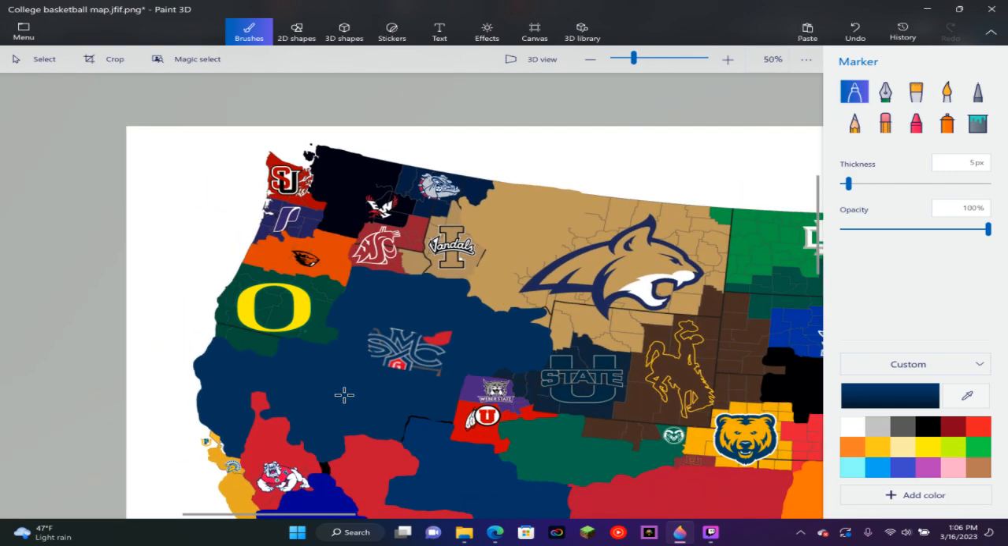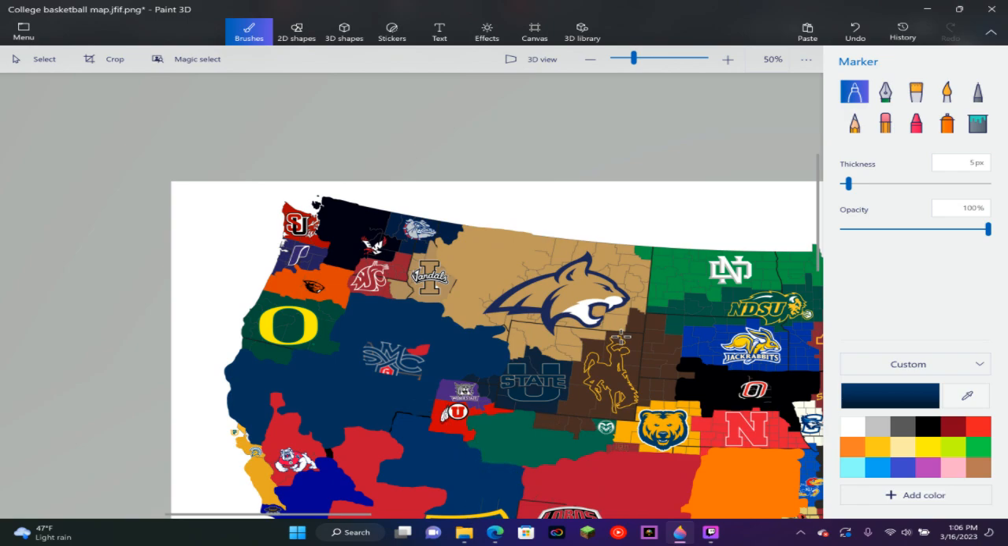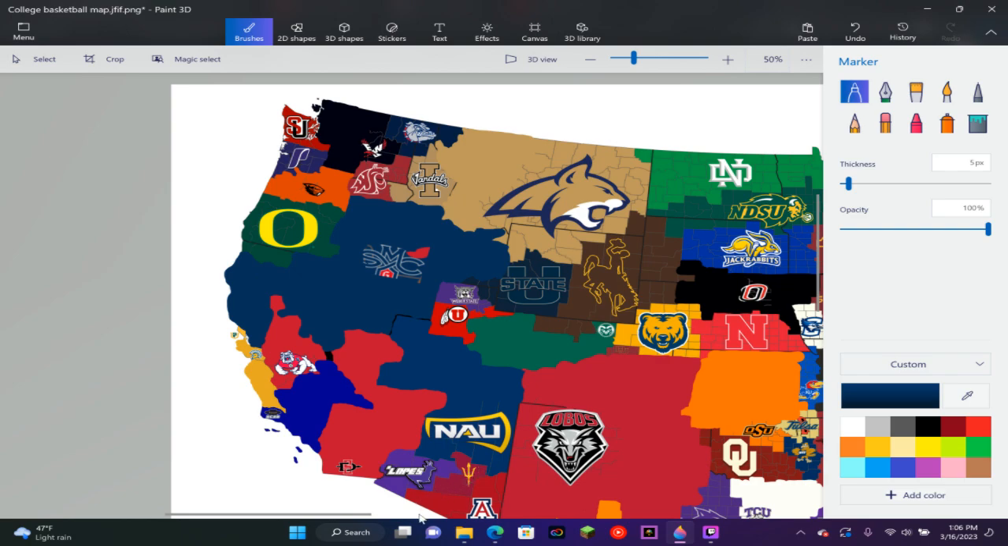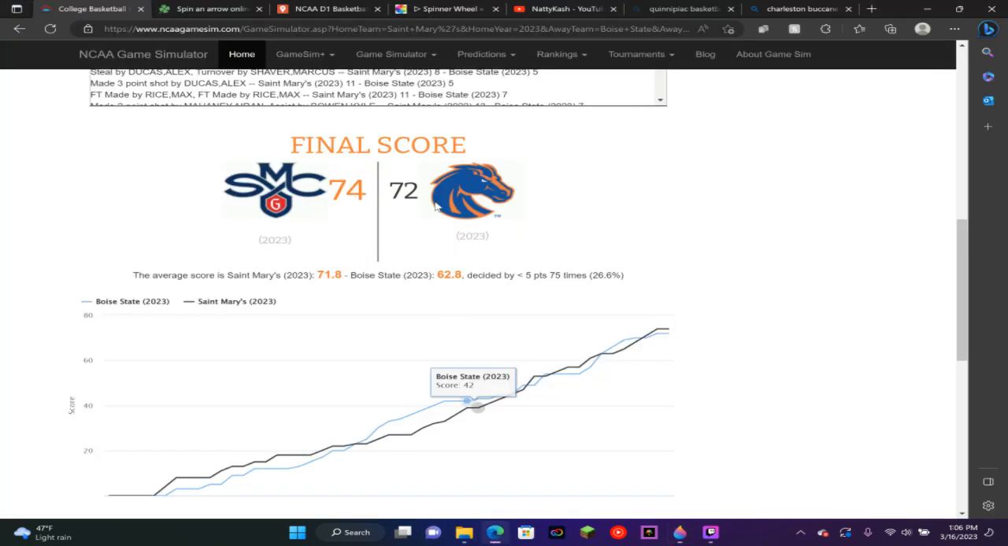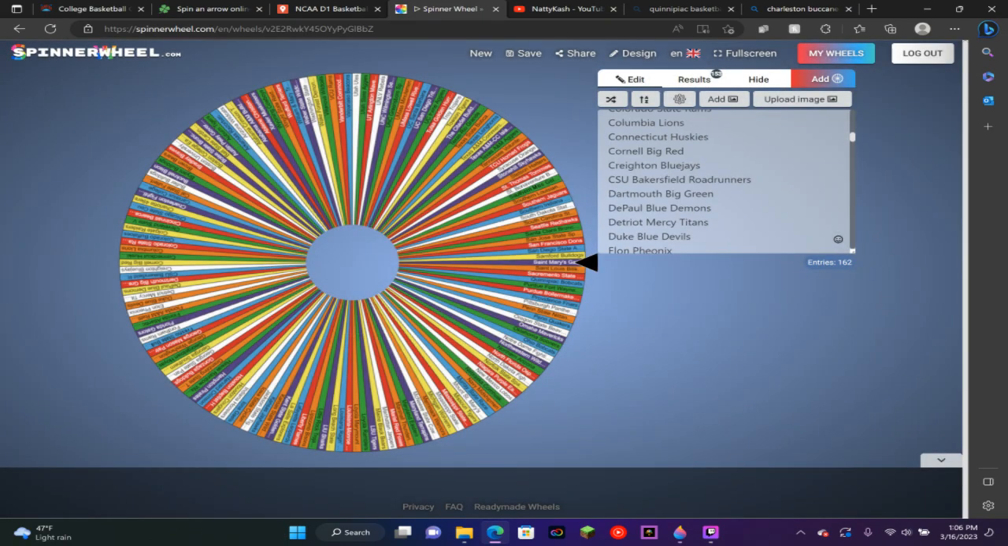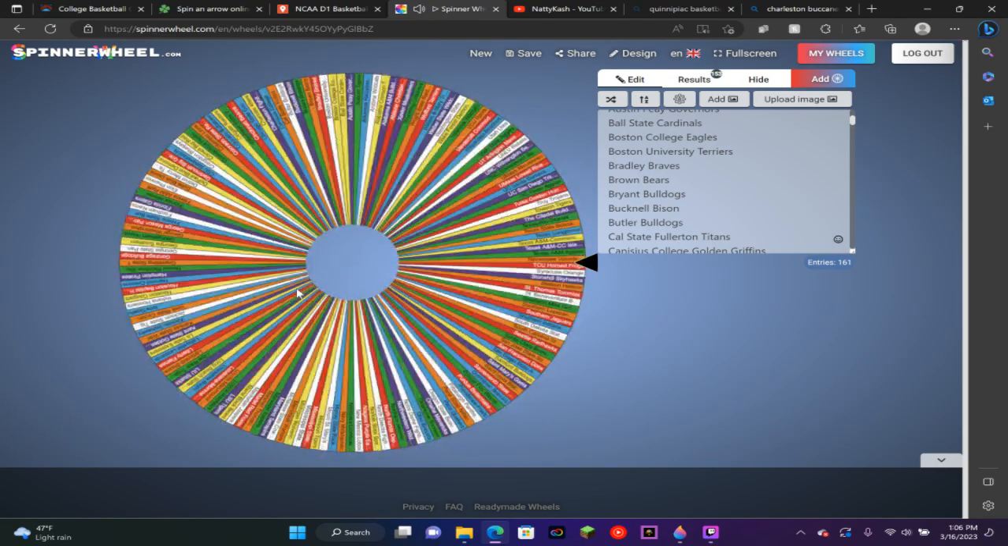There we go. So St. Mary's, they move on. Look at that land mass for St. Mary's. Unbelievable. And you have a lot of teams with a lot of land mass. St. Mary's moves on. The Broncos, fortunately, are no more. So next team